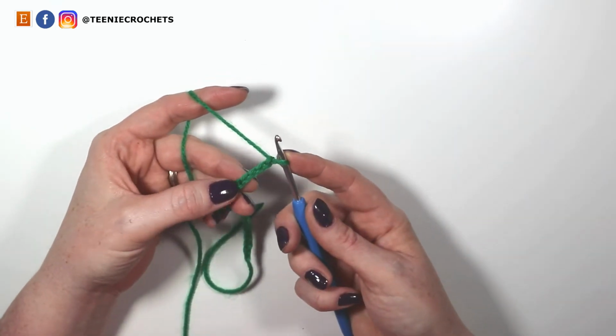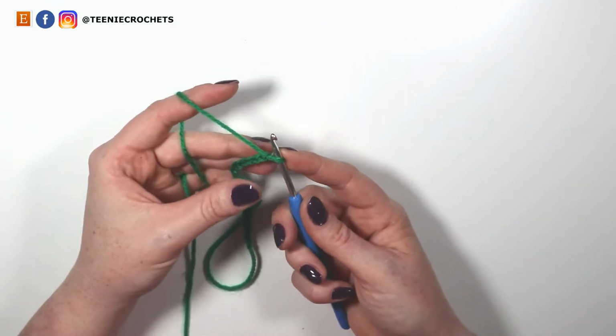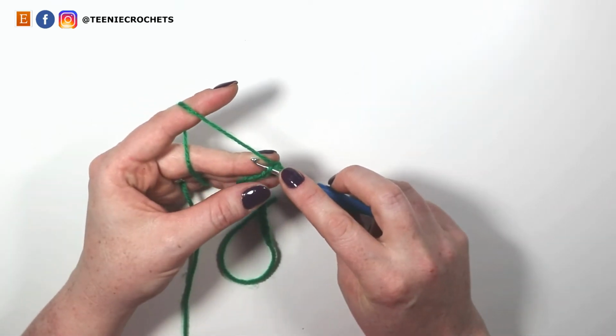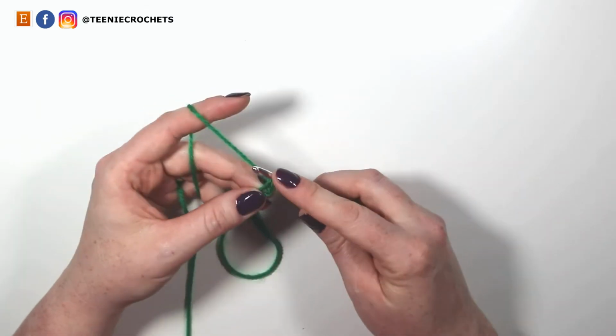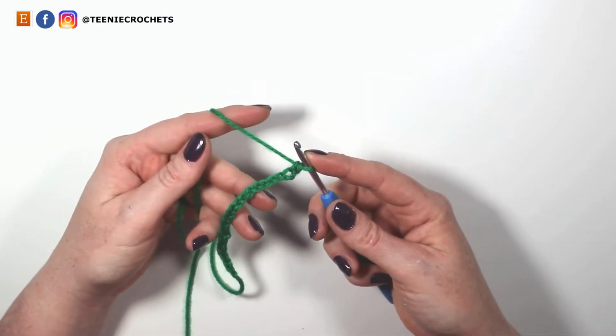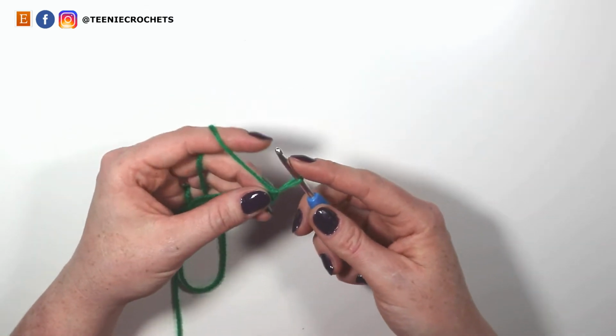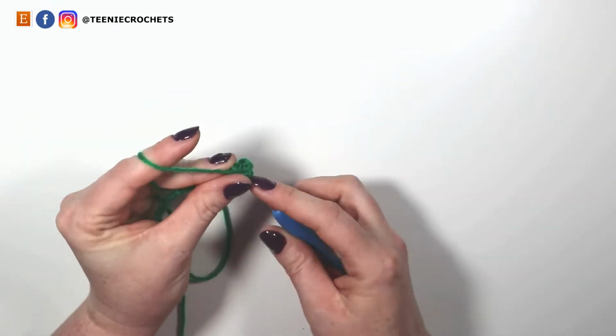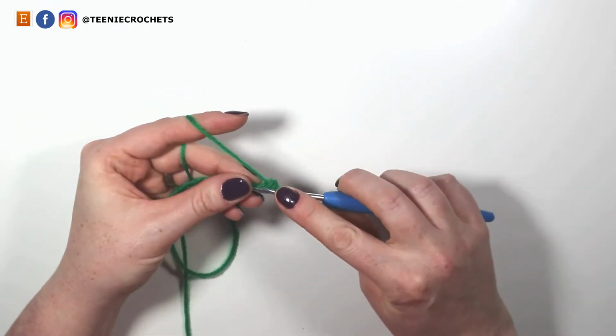Next I'm going to single crochet into the second chain from hook. So always remember to skip the first chain, and into the second chain I'm going to do a single crochet. I'm now going to do a single crochet into the next 19 chains. So 19 single crochets. 1, 2,